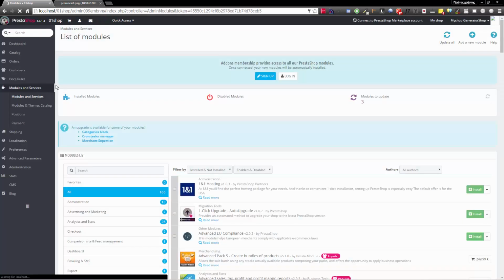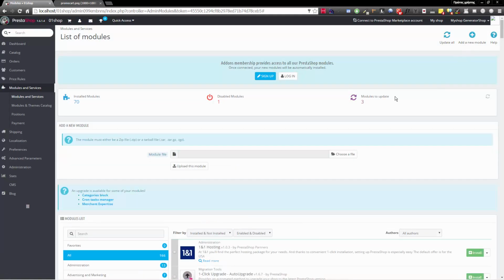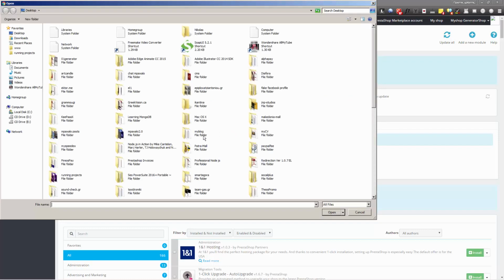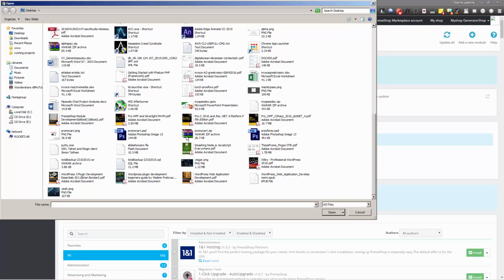From modules and services, we're going to add a new module here. I'm going to choose a file, the zip file that I have downloaded from Prestashop